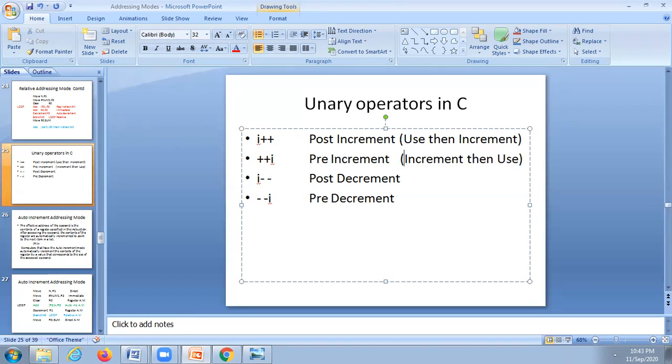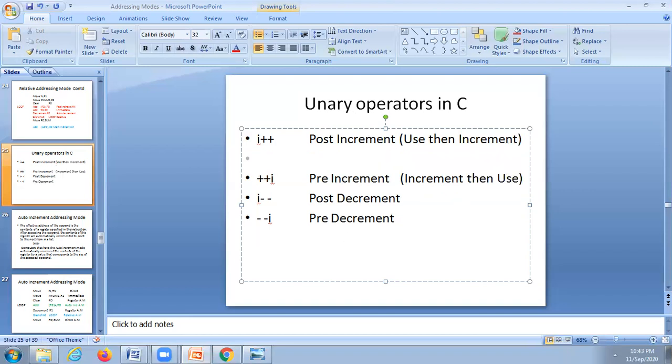Pre and post. I plus plus is one of the unary operators in C. It is called post increment. That means first use the value of I. For example, suppose I is equal to 5.